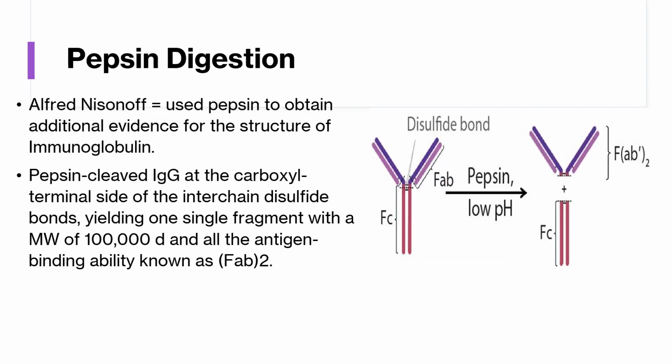Now, after papain digestion, let's talk about pepsin digestion. Alfred Nisonoff used pepsin to obtain additional evidence for the structure of immunoglobulin. Now, this proteolytic enzyme was found to cleave IgG at the carboxy terminal side of the interchain disulfide bond, thus yielding one single fragment with a molecular weight of 100,000 Daltons and full antigen binding ability,